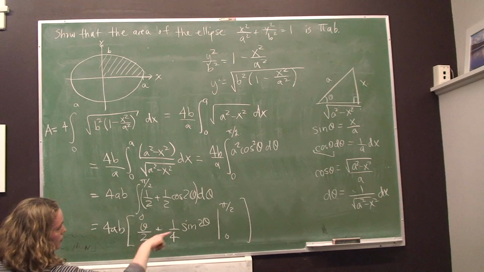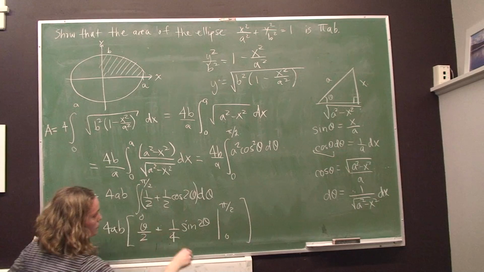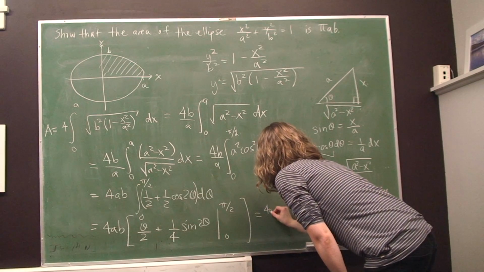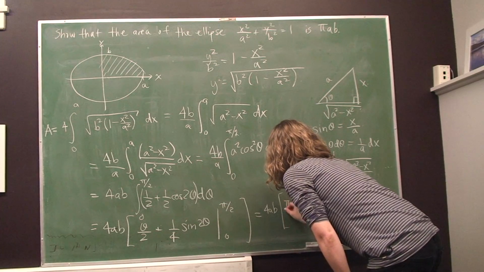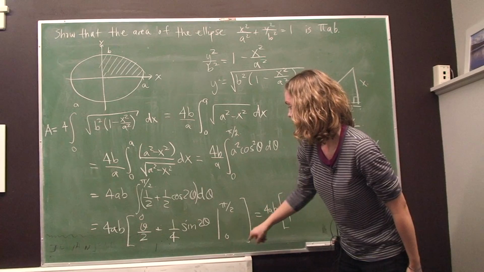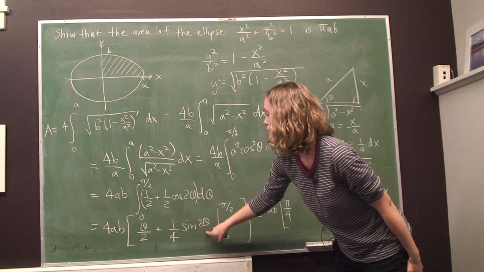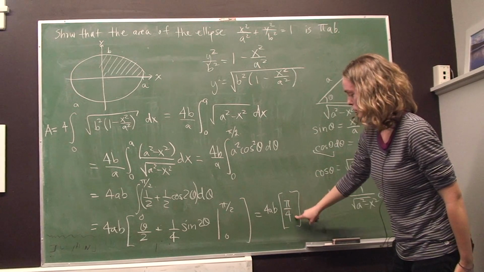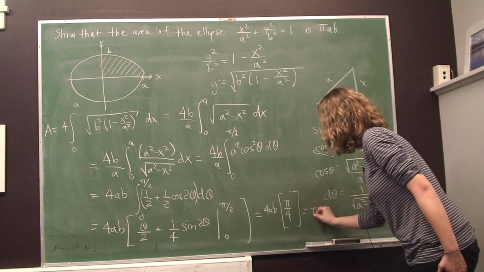So if I plug in pi over 2, here I'm going to get pi over 4. So I'll get 4 times a times b times pi over 4. Here I'll get sine of pi, which is 0. If I plug in 0, I'll get 0 there, and sine of 0, which is also 0. So I just get 4 times a times b times pi over 4, which is just pi times a times